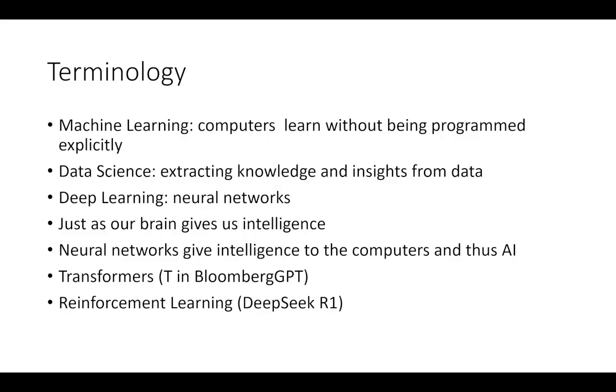Okay. So now a little bit of terminology, right? Machine learning. So what is machine learning, right? Computers learn without being programmed explicitly, right? So basically, you just feed data to these machine learning algorithms, right? From the data, it derives intelligence, right? Once it has derived intelligence, it is sometimes called a trained model, right? Now, to this trained model, you give a problem, or you give data that was not in the training set, right? So it hasn't seen that question before, but it can still answer it, right? That's the learning without being explicitly programmed.